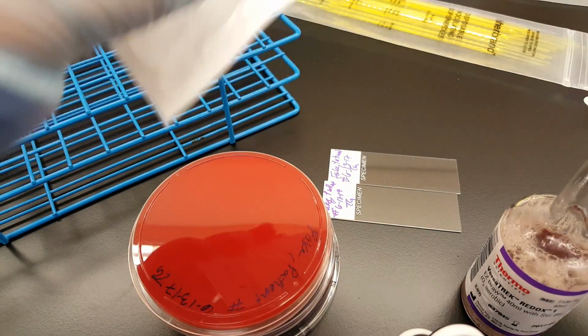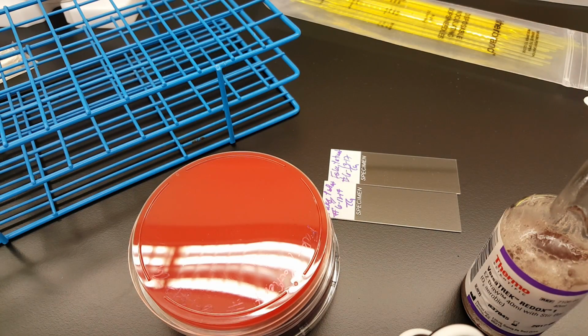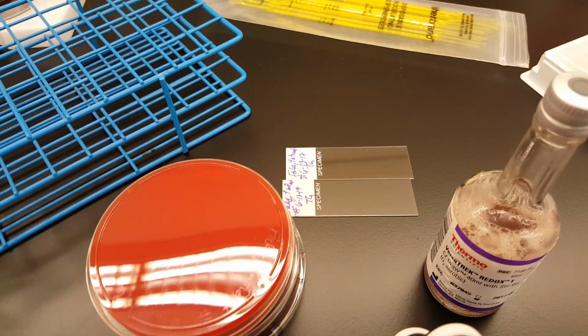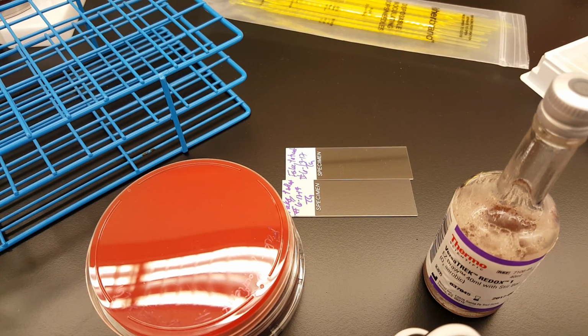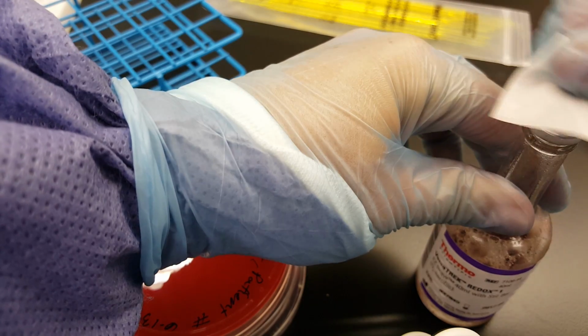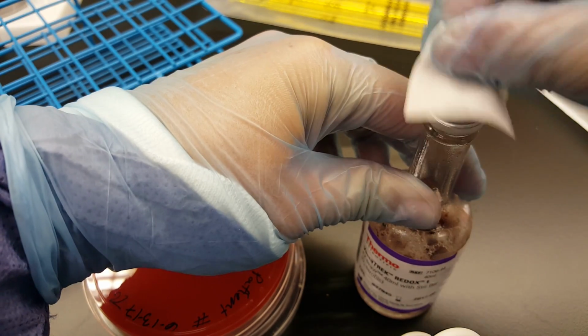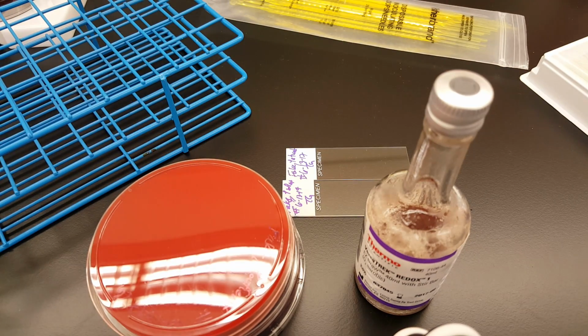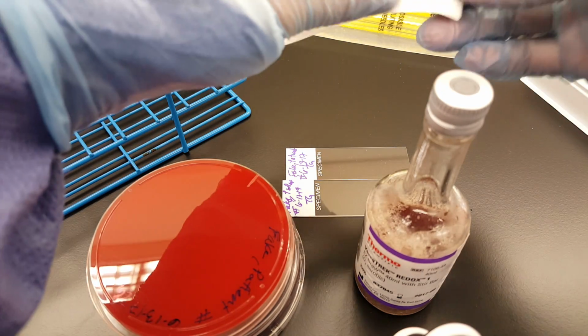So you first, always, are going to take an alcohol wipe and clean off the top of the culture tube, just like if you were going to draw it during phlebotomy. We're going to let it dry, and we're going to take